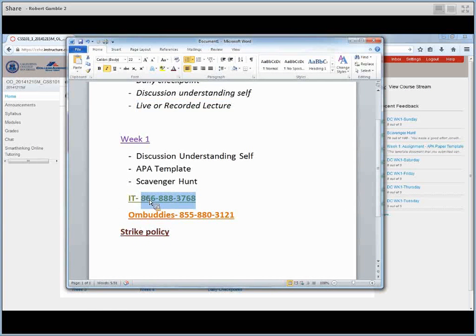Now, that IT number I talked about is 866-888-3768, and they are our computer experts. If it's your personal computer, they'll help you as best they can. If it's our computer, they're going to be able to help you a lot more. But call them with any of your computer questions because they are the ones who can help you, and they're amazing. So again, write this one down somewhere safe, we'll keep it